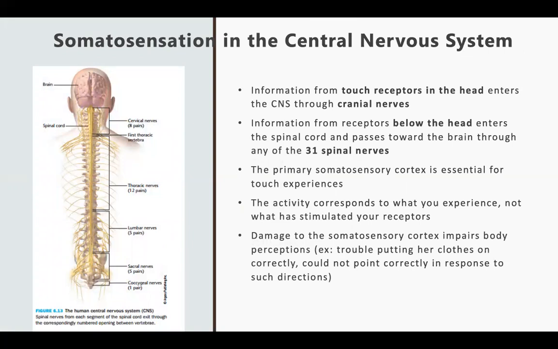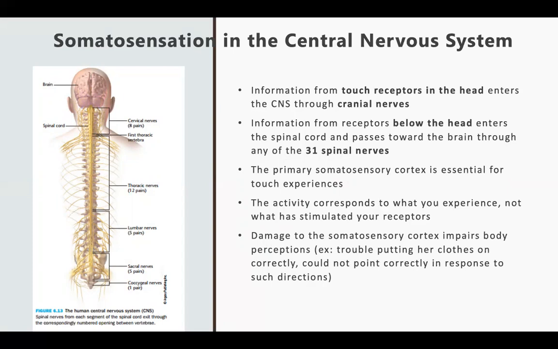Somatosensation in the central nervous system is explained in this way. The information from the touch receptors in the head enters the central nervous system through the cranial nerves. And information from receptors below the head enters the spinal cord and passes toward the